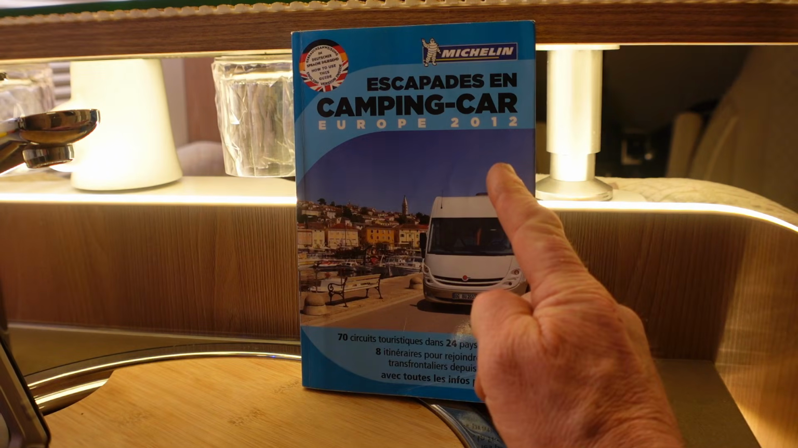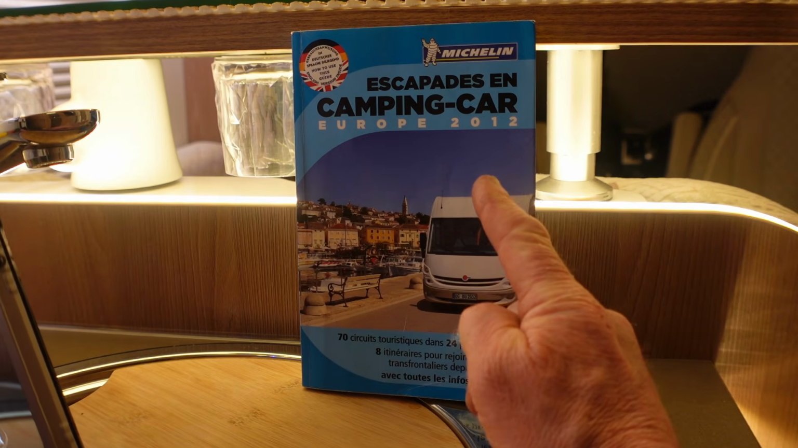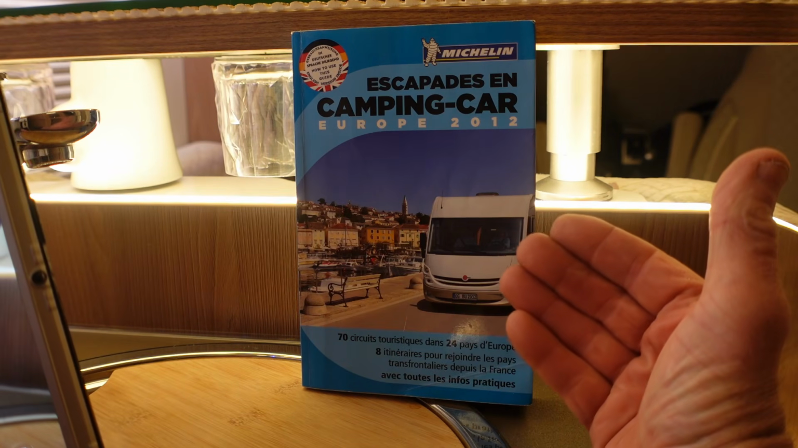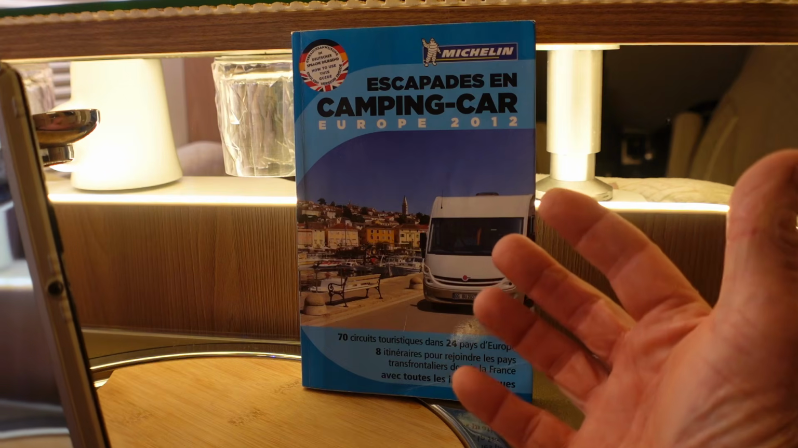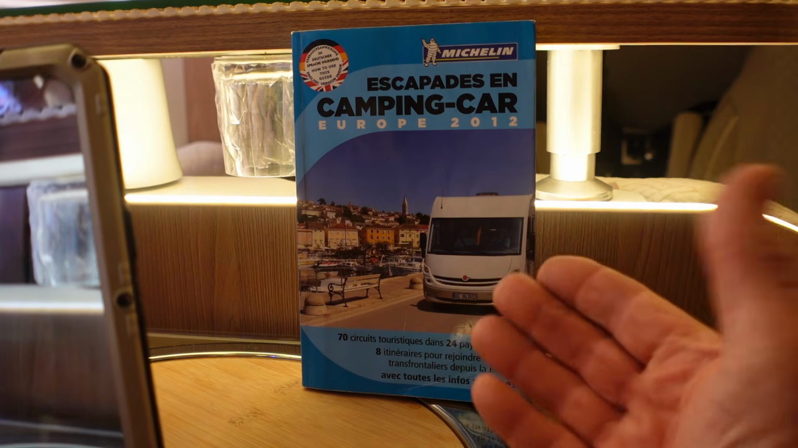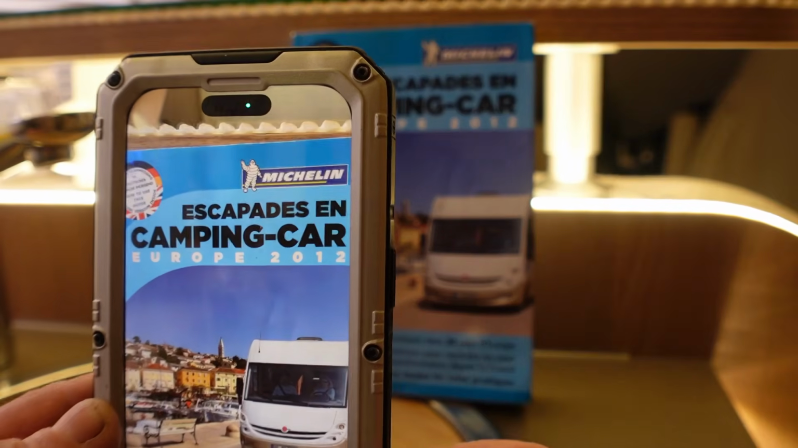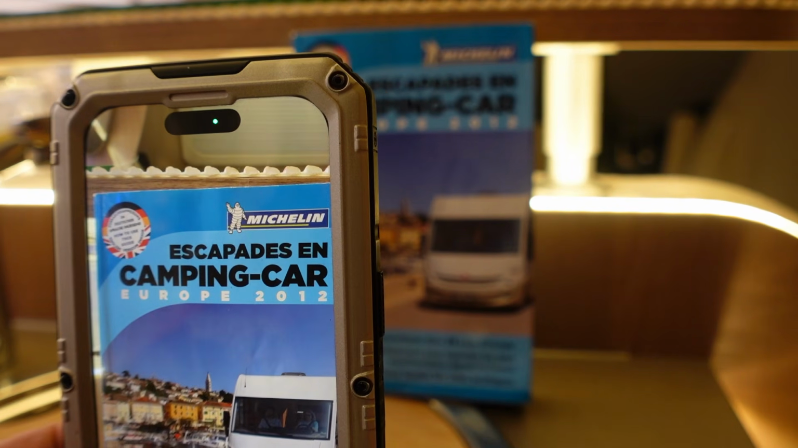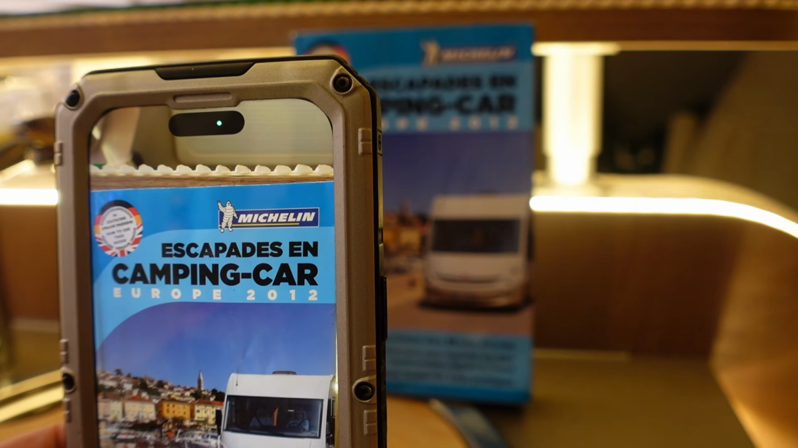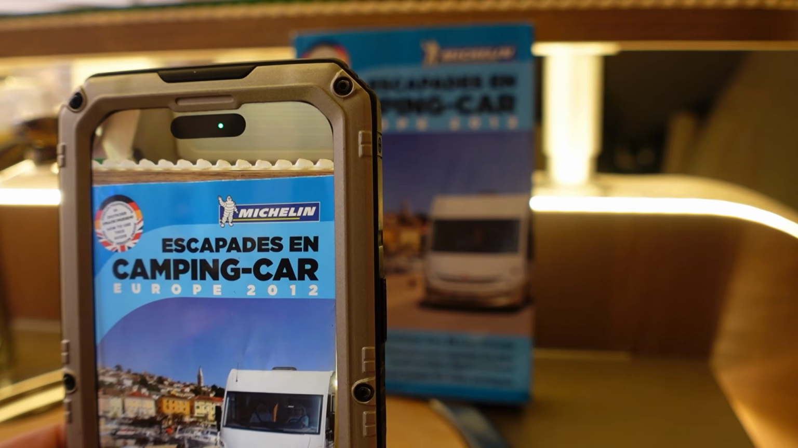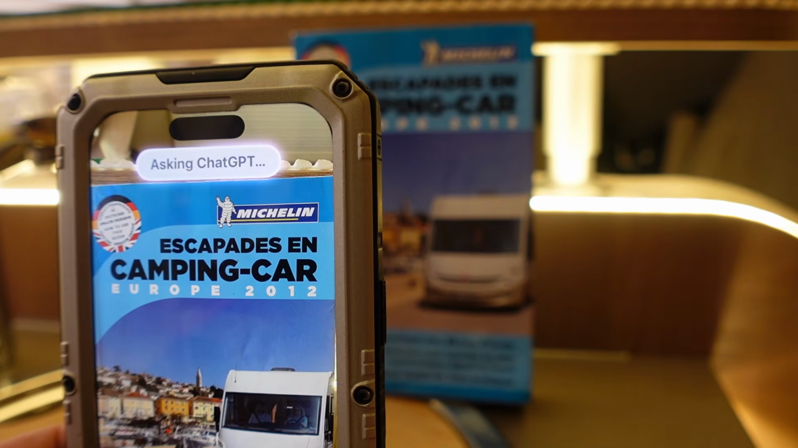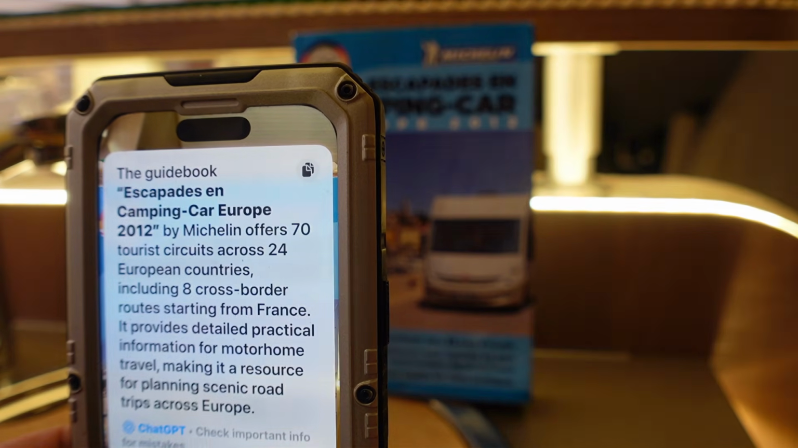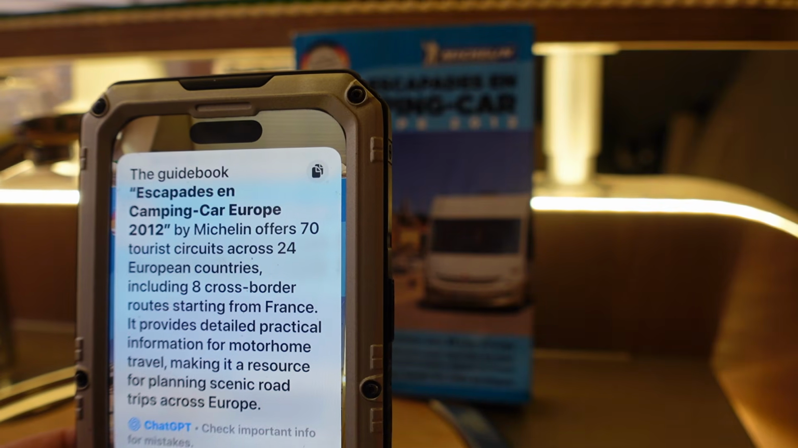It was a long time ago, 2012. That was an early one, but this was a directory that we picked up in France for some motorhome itineraries a long time ago. If you want to translate things like this, all you need to do is again just get the picture on the application, hit the button, and it's going to ask ChatGPT, and there it is, the guidebook, and it will translate